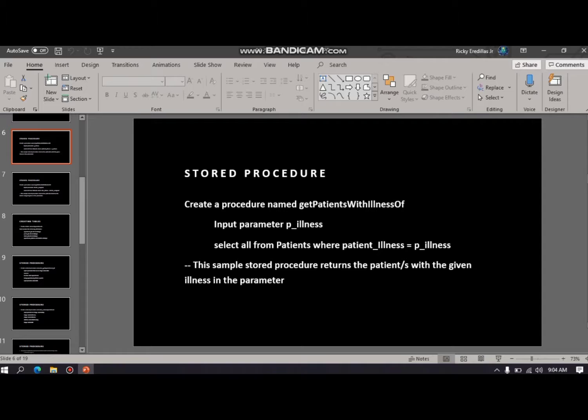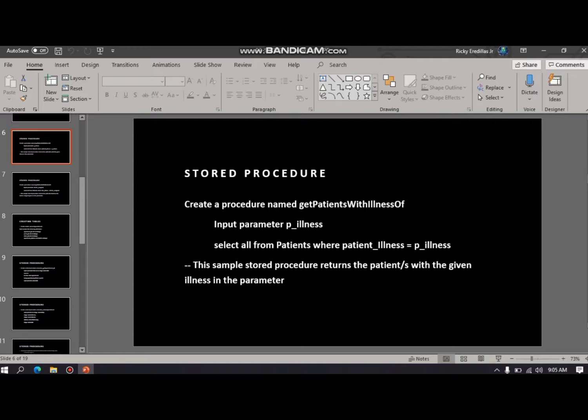This is necessary because it gives ease of access to those patients with the same illness, or it will filter all the patients with the illness given in the parameter,